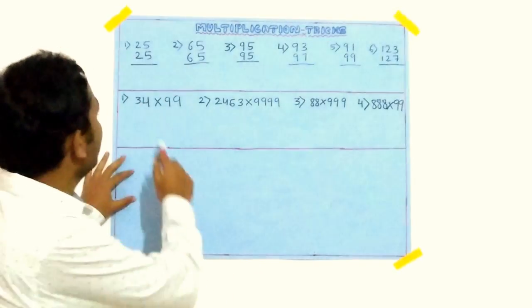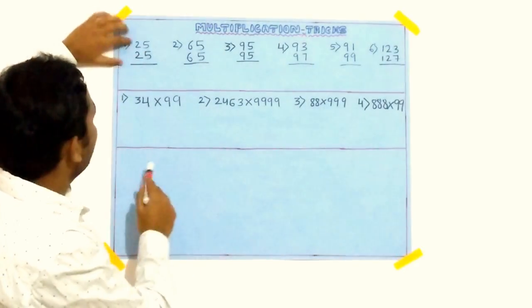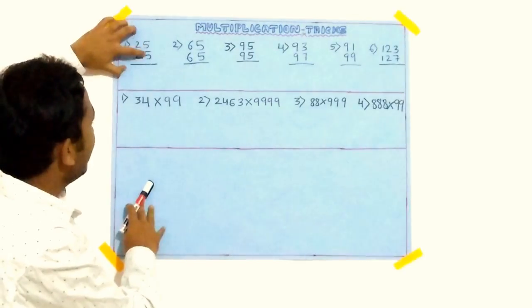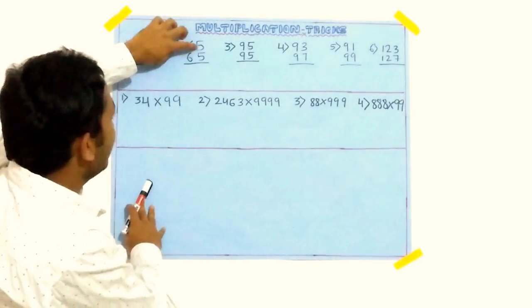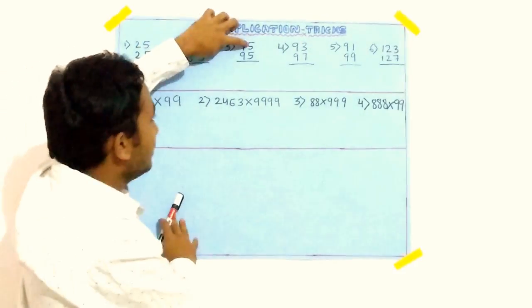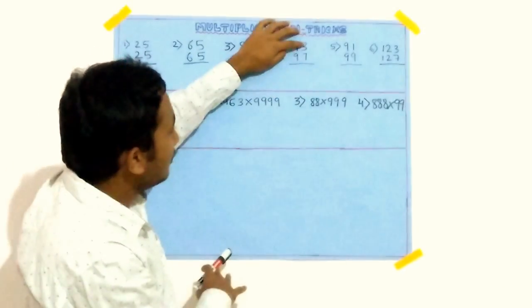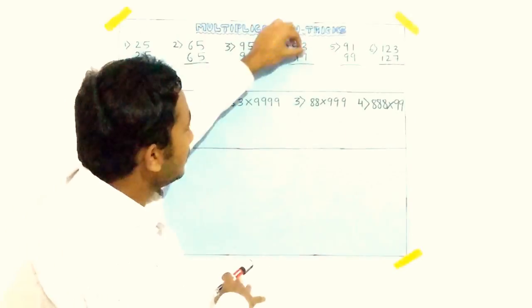Here I have listed the examples. In almost all examples, in the unit digit you can see 5, 5. So the sum of this is 10. Here also you can see 5, 5, sum is 10. Here also 5, 5, 10. And here 3 plus 7, 1 plus 9 is 10, 3 plus 7 is 10. So it might be 4 plus 6, or it might be 2 plus 8,